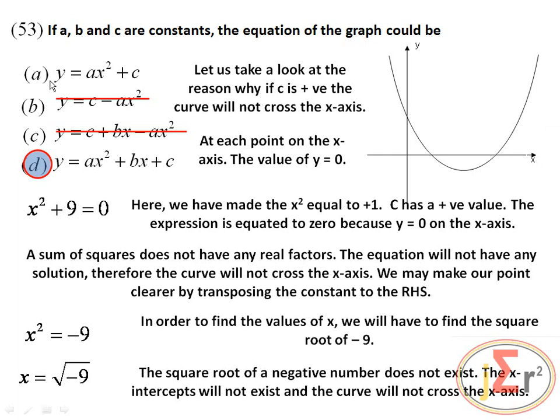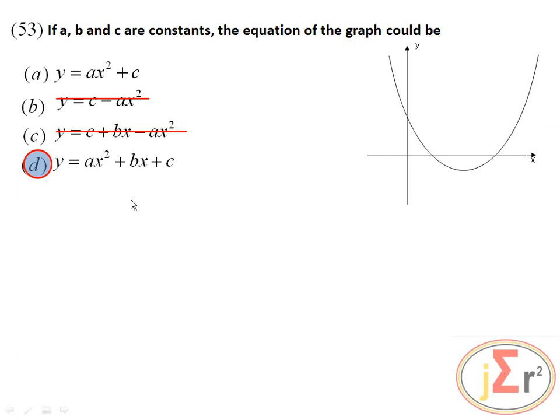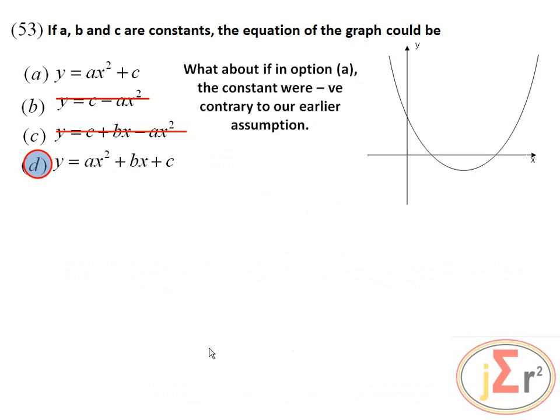But let's see what will happen if it is a negative number. What about if in option A the constant were negative, contrary to our early assumption? Our early assumption is that c is positive. All constants are positive. But let us say, we are just assuming, but the examiners may intend that we be more flexible. And it is possible that c can be